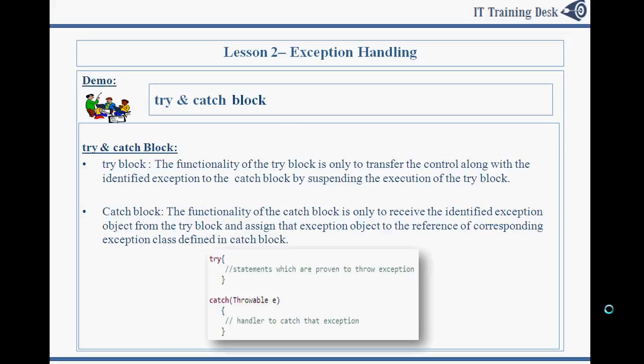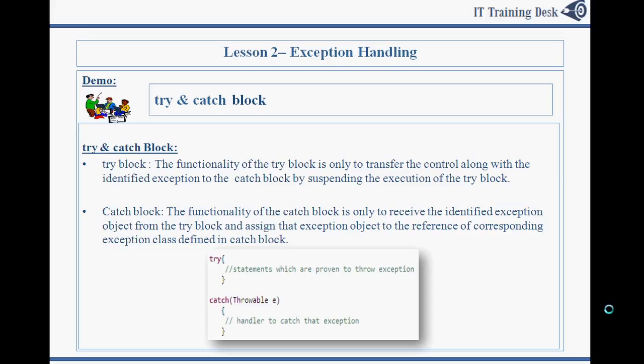Let us understand the functionality of the try and catch block. The functionality of the try block is only to transfer the control along with the identified exception to the catch block by suspending the execution of the try block. And the functionality of the catch block is only to receive the identified exception object from the try block and assign that exception object to the reference of the corresponding exception class defined in the catch block.